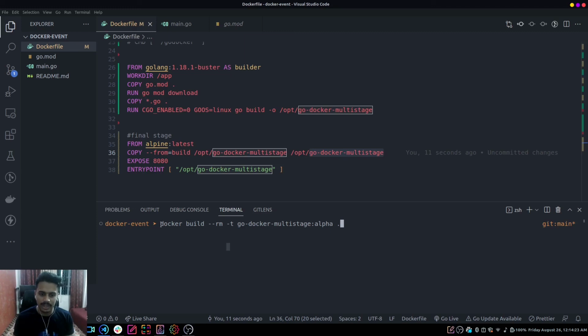This time I'll be using the command docker build with --rm, and this flag is basically useful when you want to start your container. Whenever you delete your image, the container will also be deleted. So we use that --rm for this. -t is for the tagging part. So here we are providing our image name, and this time I'm providing the target as builder, and we will be using all of the source files in this directory, including the Dockerfile, so it will pick up from